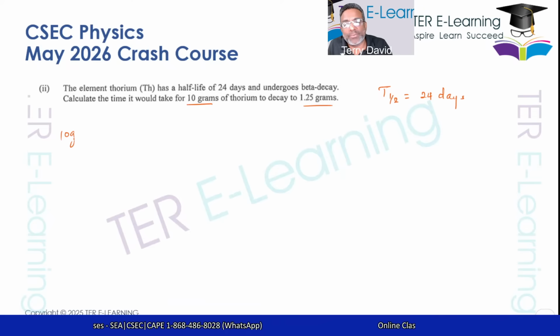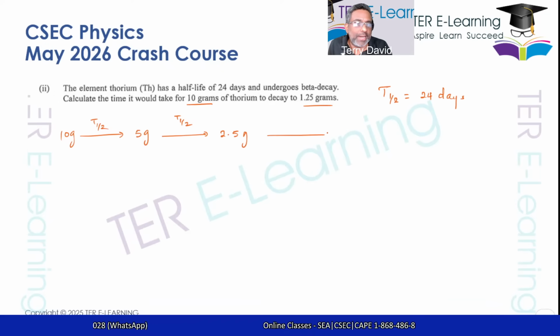So first of all, we start with 10 grams. So after one half-life, because remember this thing is decay, we expect to have 5 grams. We divide by 2. After a second half-life, you're going to divide by 2 again. So you're going to get 2.5 grams. And then after a third half-life, you're going to have half of 2.5, which is